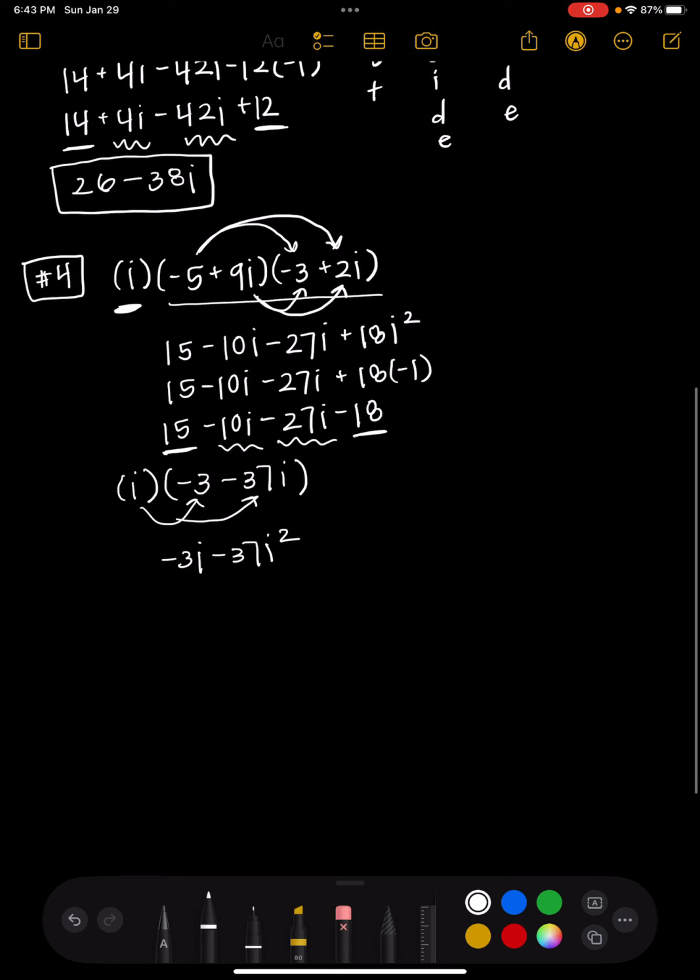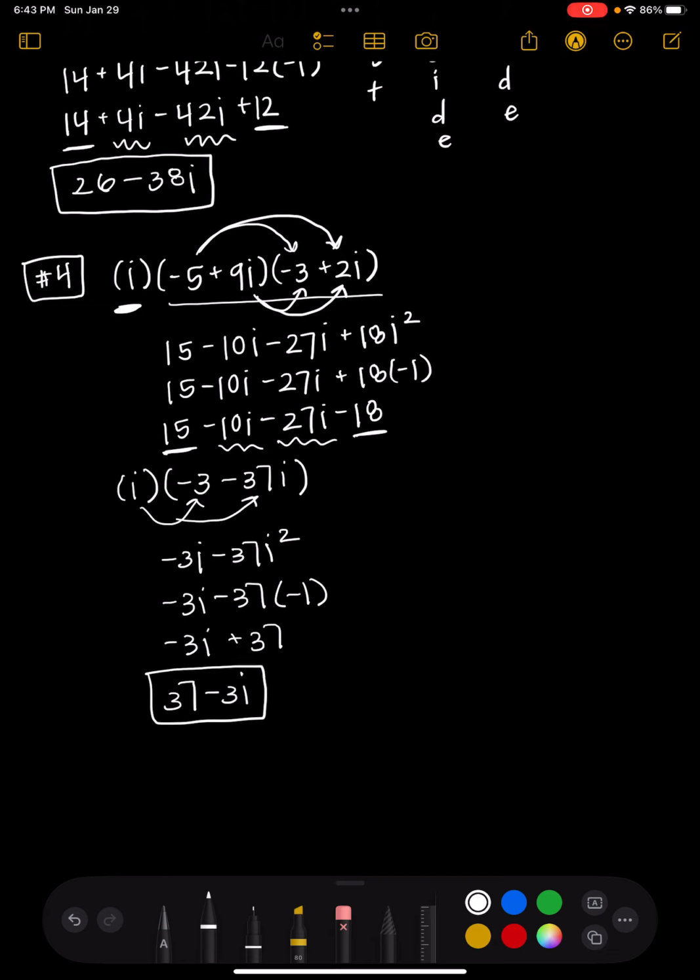Now we're close to finished, but now that we have another i squared, we're going to change that to negative 1. So we get negative 3i minus 37, but instead of i squared, we're going to put negative 1, which means I have negative 3i plus 37 because negative 37 times negative 1 gives me a positive 37. That's correct, but we want to put it in correct complex format, which means the real part has to go first. So my final answer is 37 minus 3i. And there we have it, how to multiply